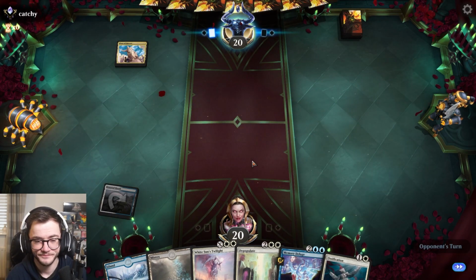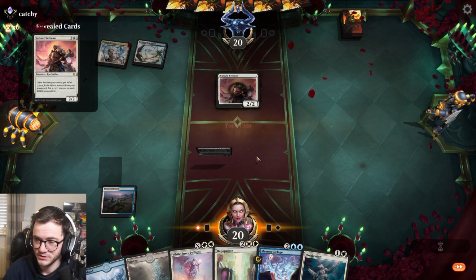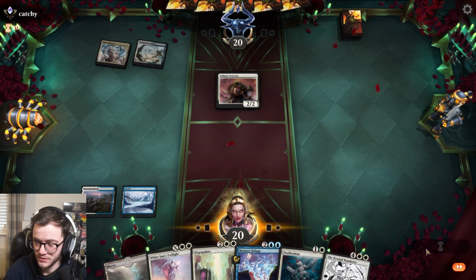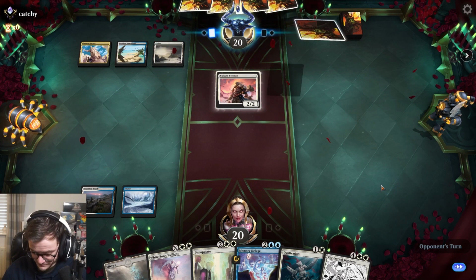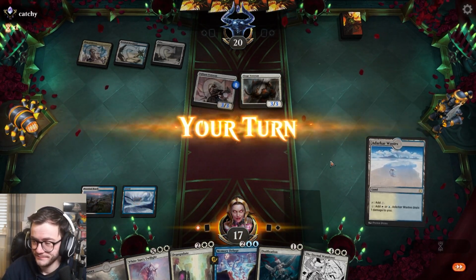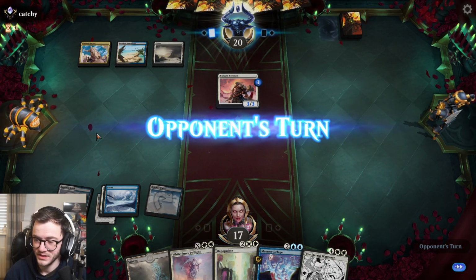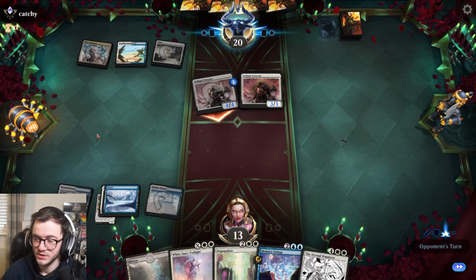Getting worried then. Hopefully nothing too crazy. So we're against soldiers. Do I get rid of this now? No. We'll wait one more turn. There we go. That's a better one to take. Absolutely. Yep, get rid of the Siege Veteran. Then next turn we can Depopulate. Yeah, I mean that's a lot of damage, but...